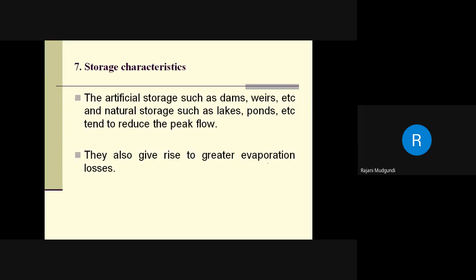Storage characteristics: the artificial storages such as dams, weirs, etc. and natural storages such as lakes, ponds, etc. tend to reduce the peak flow. So these storages will hold some water, and ultimately the water which will be flowing further will be reduced. They also give rise to greater evaporation losses as the water is stored in a standstill position which is exposed to the atmosphere, so easily some amount of that water will get